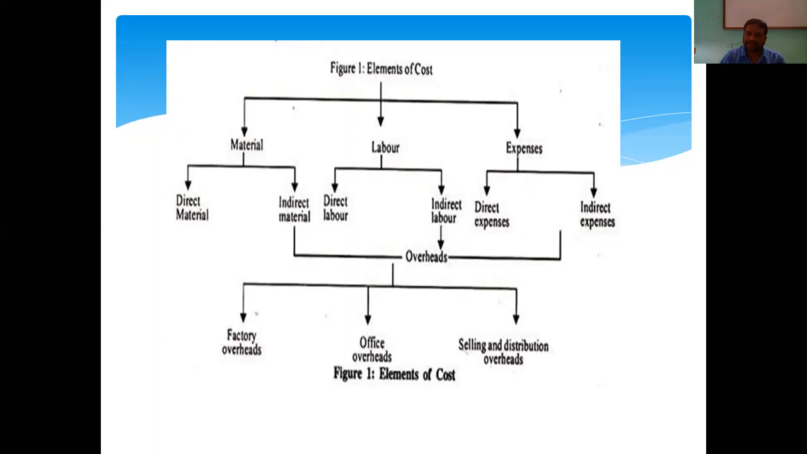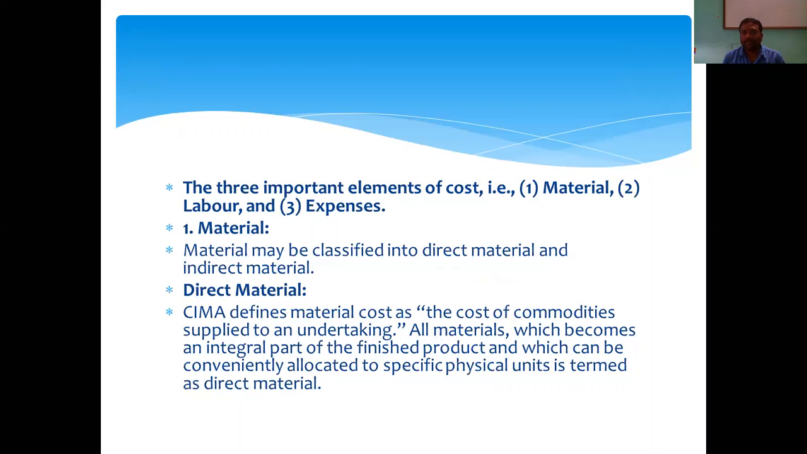Once again, all the direct material, direct labor, and direct expense, these 3 direct together we call prime cost, or it is also called first cost. And all the indirect material, indirect labor, and indirect expenses we call overheads. The overheads are divided into 3 types: factory overheads, office overheads, selling and distribution overheads. And here the material